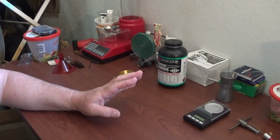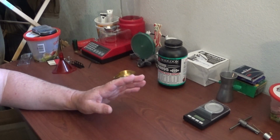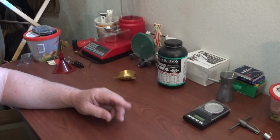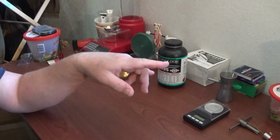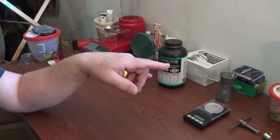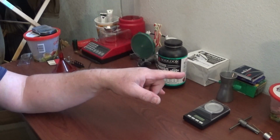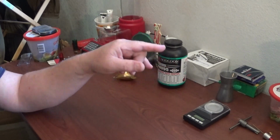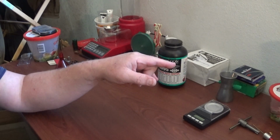If you got an M1 and you're going to load for it, and say for instance you don't have any brass, I'm going to tell you something. When you go online, make sure that you specify with whoever you're buying it from that you want once fired brass, and also that you want the brass to have the original primers still in the cases. Okay,